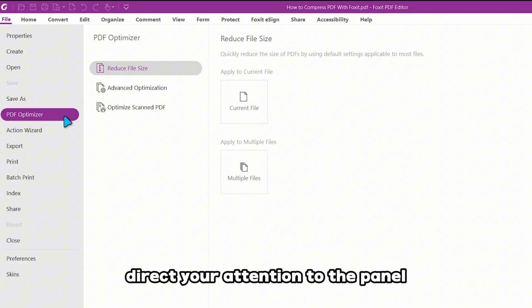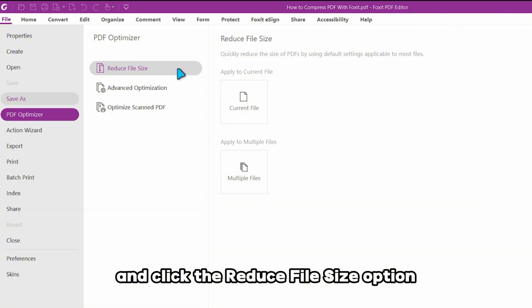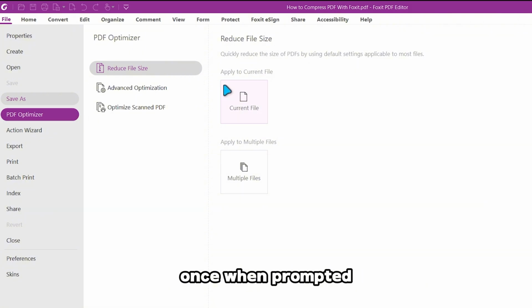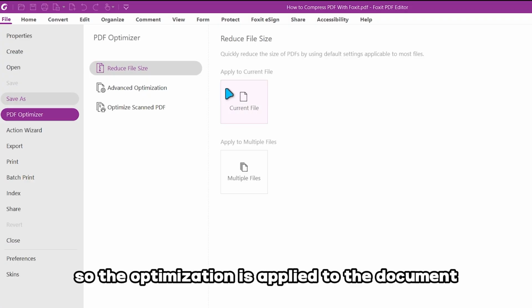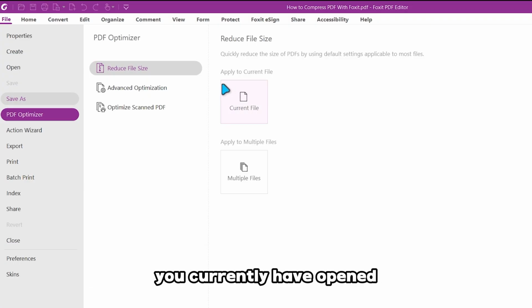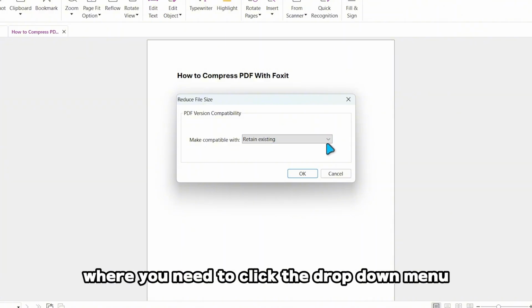Next, direct your attention to the panel on the right side of the window and click the Reduce File Size option once. When prompted, select Current File from the available selection so the optimization is applied to the document you currently have open. A small settings pop-up box will appear where you need to click the drop-down menu and choose